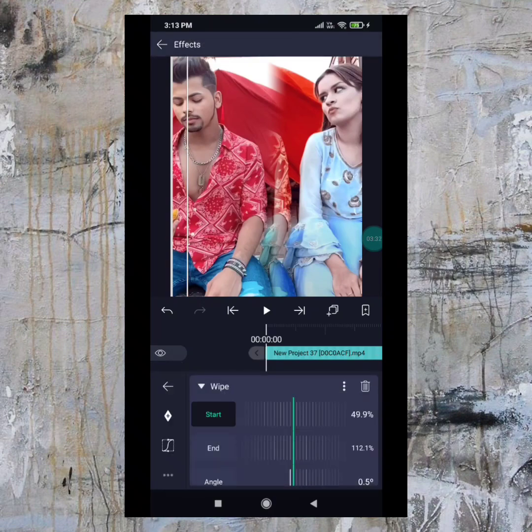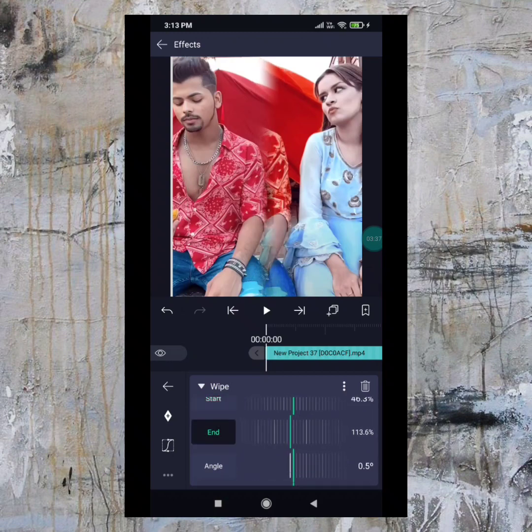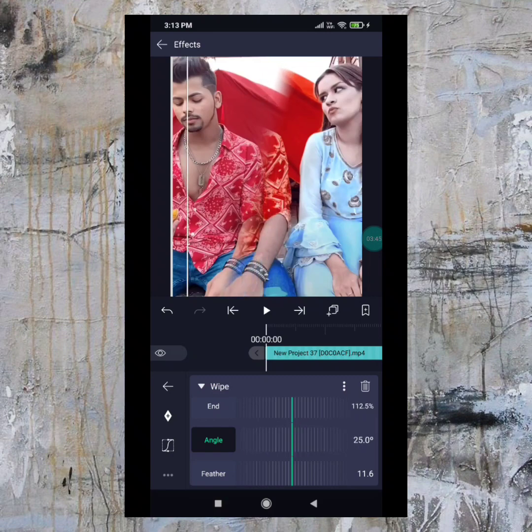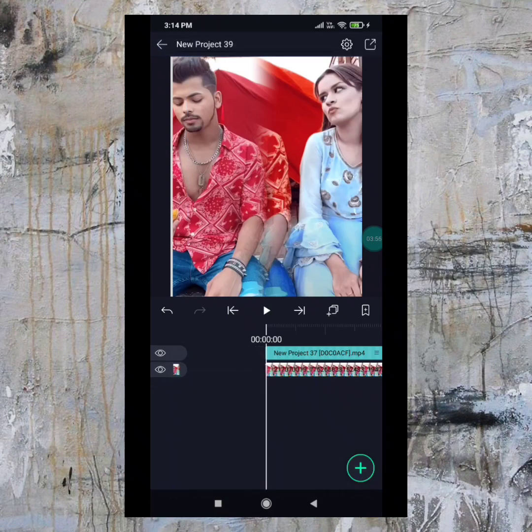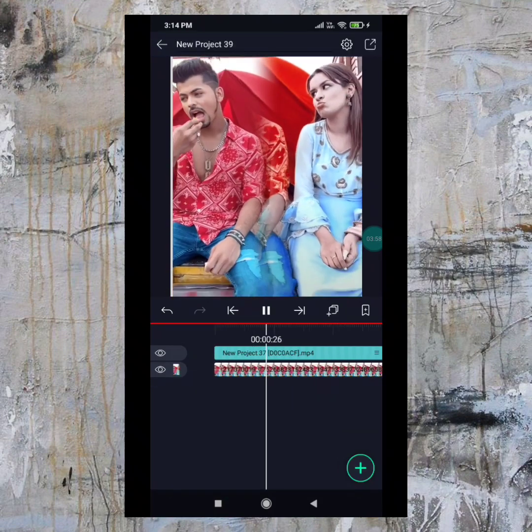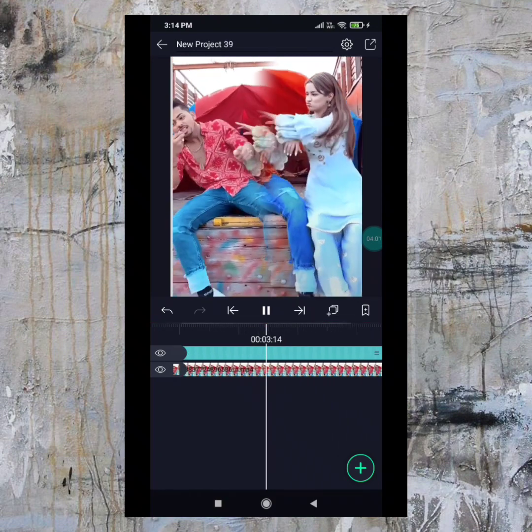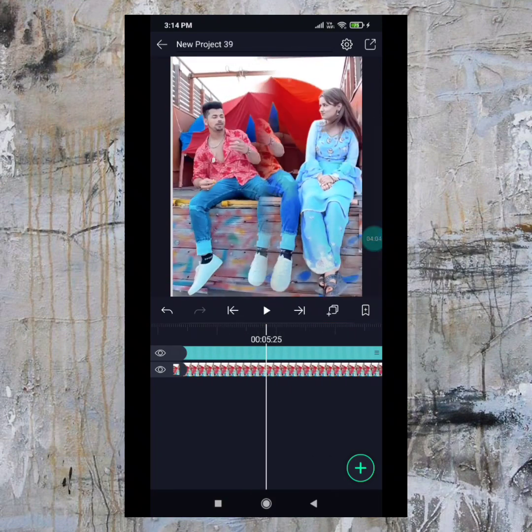Effect should be wipe and start according to your video or picture, and end according to your video and picture. Angle, let it be 0 degree, because you can change the angle as well according to your pic or video. And feather also, like how much blending you want, you can change it. So you can see the whole video is blended, so it's a good option to use for video blending.